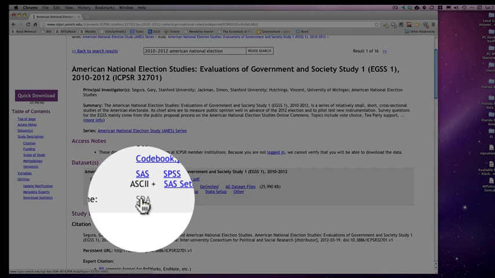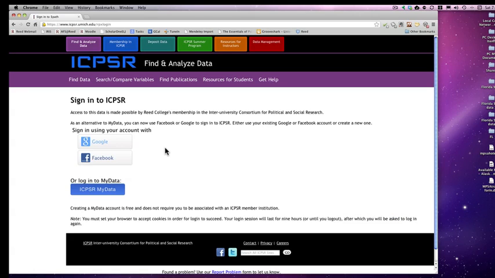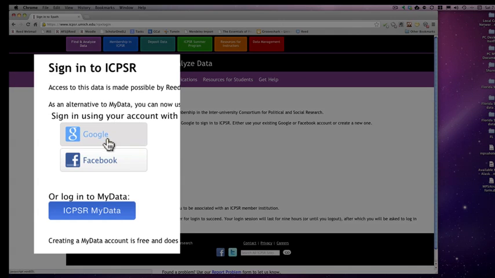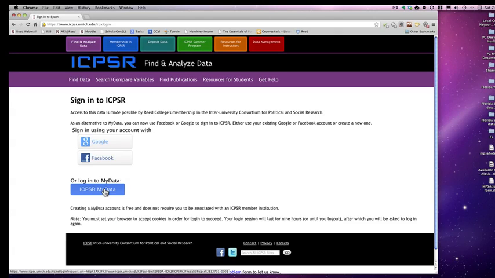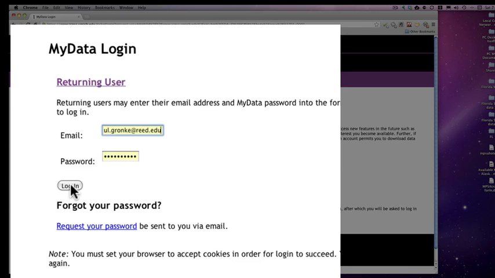If we click on the SDA link, it doesn't immediately allow us to use the survey. We have to register either using a Google or a Facebook account, or you can register and create an ICPSR My Data account. I've created a My Data account, so I will enter my information here, and I'll click the